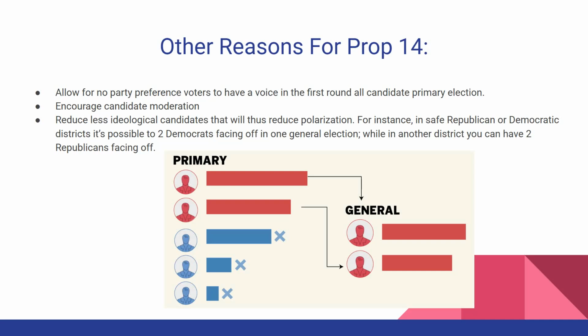And the same is true if it's in a more rural part of California, such as the Central Valley area or Fresno or Bakersfield. It's very well possible to get 2 Republicans, and that would actually encourage moderation, to the point where those 2 Republicans will face off, and in theory, voters would likely choose the more moderate candidate, which would thus increase political competition,